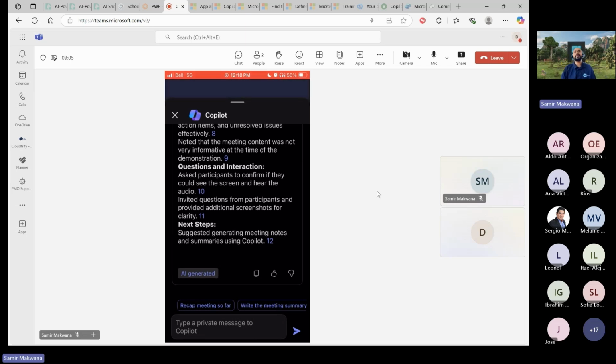So basically it's going to use the recording or the transcript feature which you enable in your Teams meeting, and it's going to leverage Copilot to summarize, or follow the prompt which you give it. Okay, so it's really helpful for a project manager to use that, right?